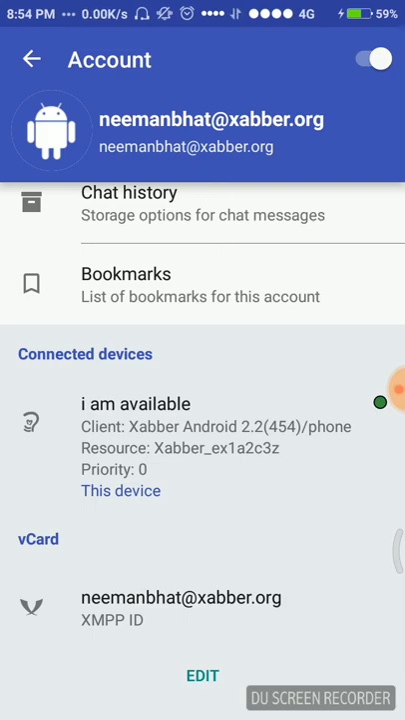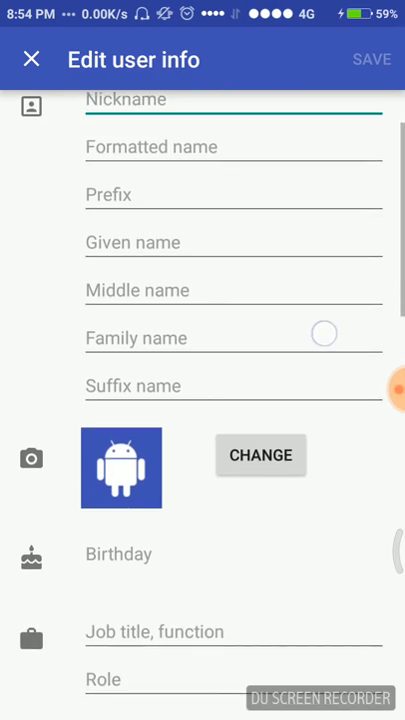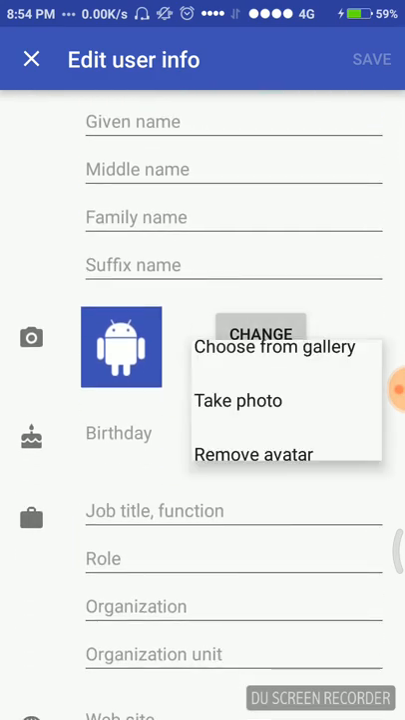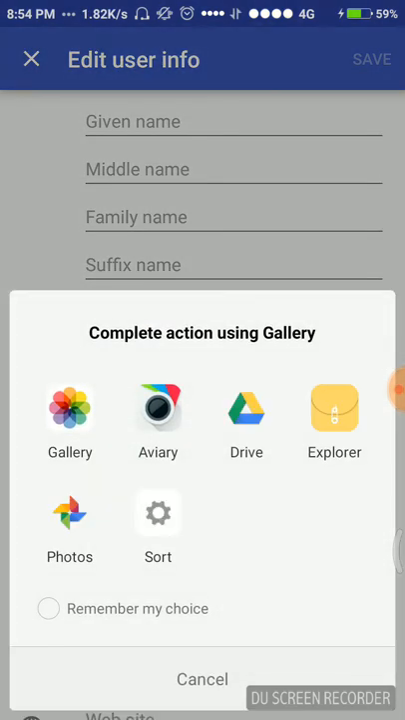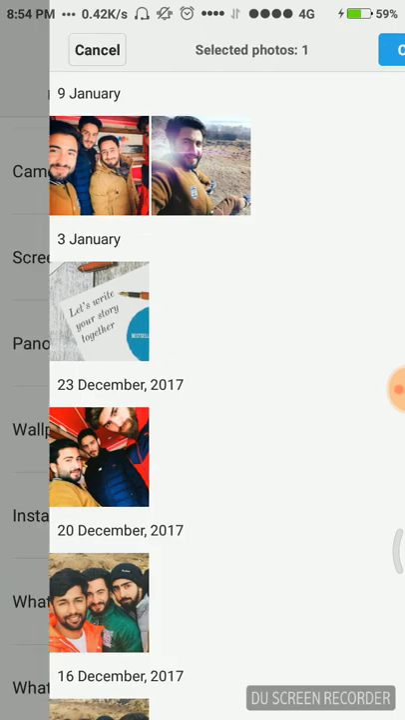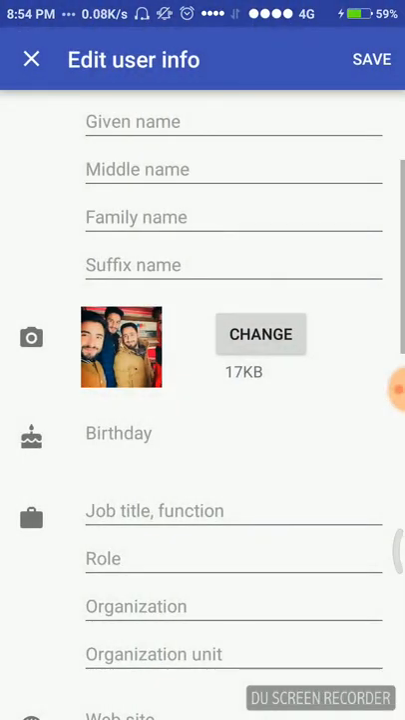I can edit my Xabber vCard here, giving it a nickname, formatted name, prefix, given name, everything. I can change it here. I can even change my picture here. I can just choose one from a gallery. I'll just go into the gallery and choose this as my picture I want to keep. This is how I can change my